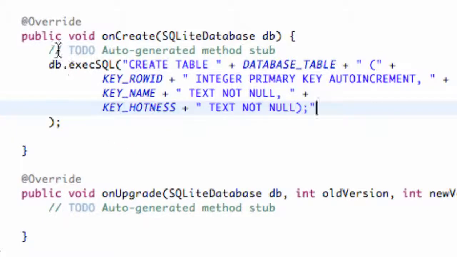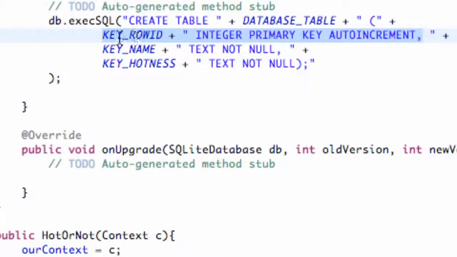We've set up our database because we're getting a database passed in, and we're executing some SQL code, which is going to create a table called our table name, and then within parentheses we're going to add all of our columns. First column is going to be just an integer that's going to increment automatically, and we reference that with our key row ID. Our name is also going to have a text for our second column, and our third column is going to be hotness. So there we go. We've set up our